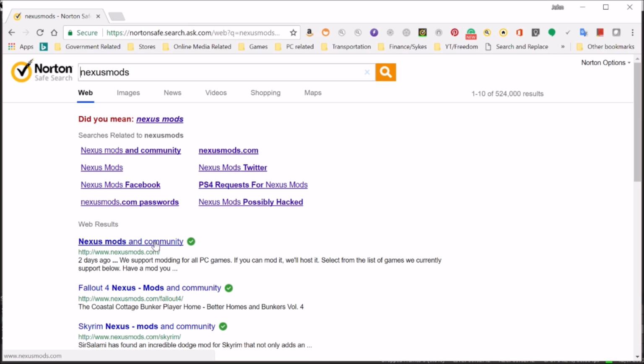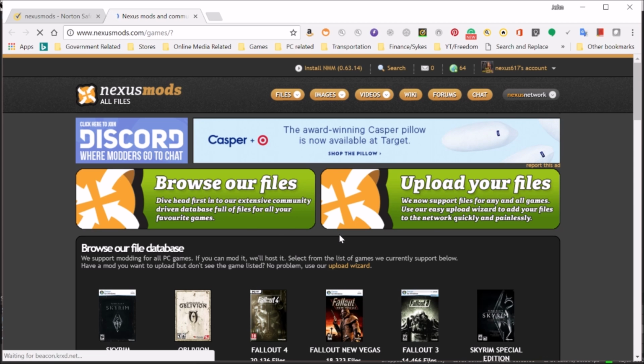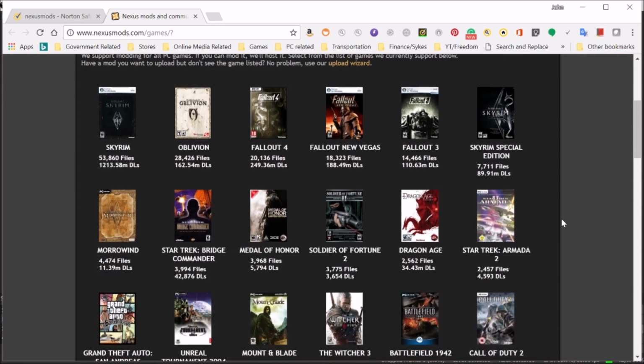and then you're going to hit enter, and you're going to see a link below where it says Nexus mods and community, nexusmods.com. Go ahead and click on that link, and then once you do that, you scroll down. Well, if you haven't made an account already, go ahead and sign up. And once you get all that done,